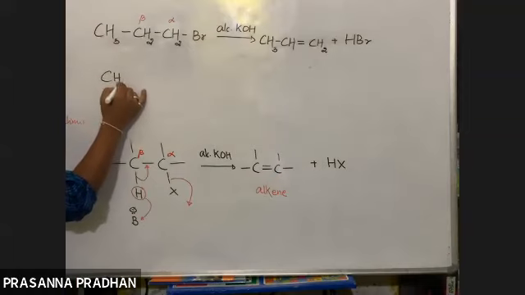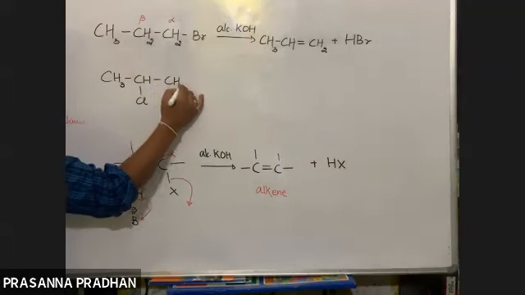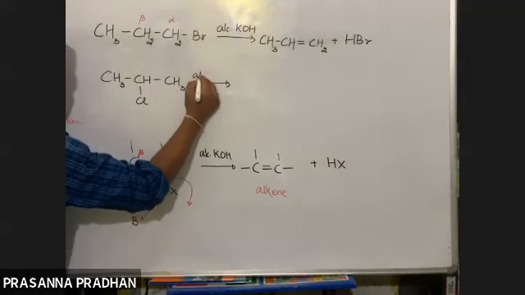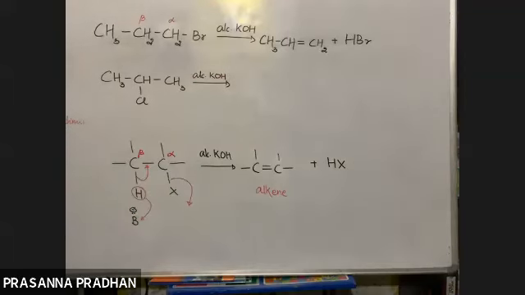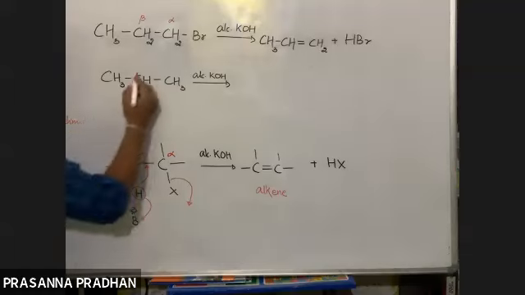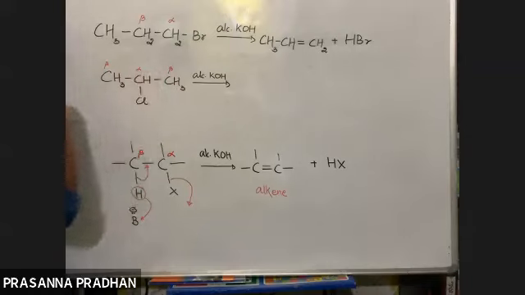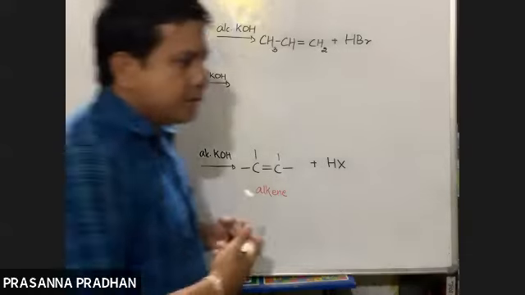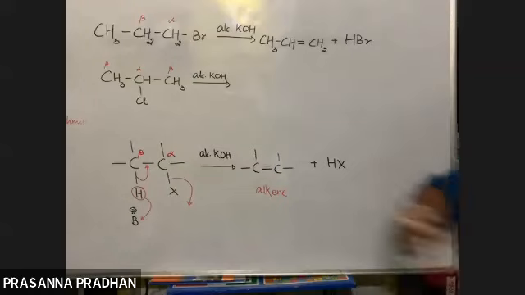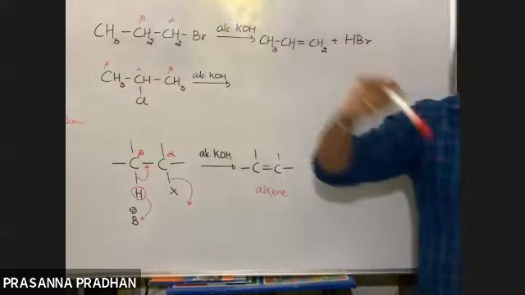So if I give you 2-bromopropane or 2-chloropropane, whatever, give me the product now. So remember again, this is the alpha carbon. There are two beta carbons out here, but both contain the same number of hydrogens. This beta carbon also contains 3, this beta carbon also contains 3. So it should not be an issue which hydrogen is eliminated, the product will be the same. If this hydrogen is eliminated, then also the product will be the same, or if this hydrogen is eliminated, the product will be the same.